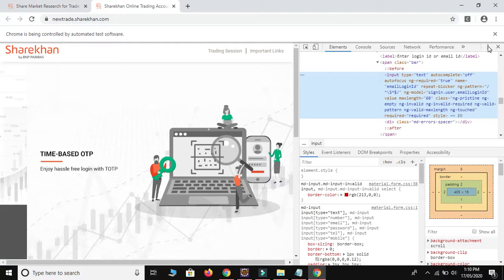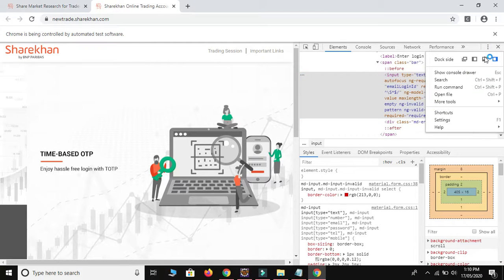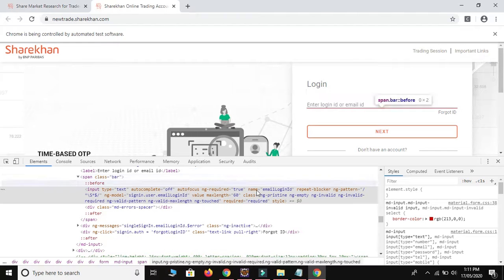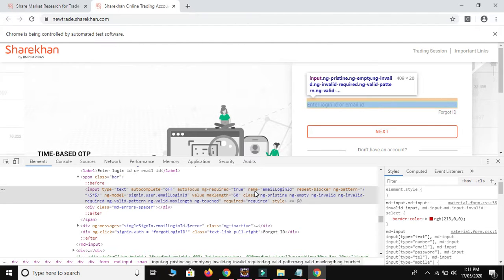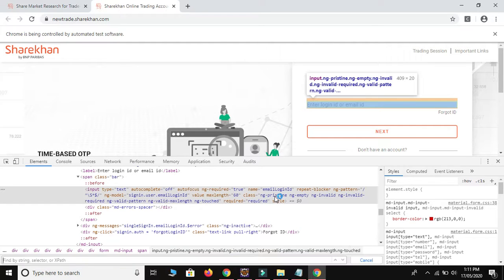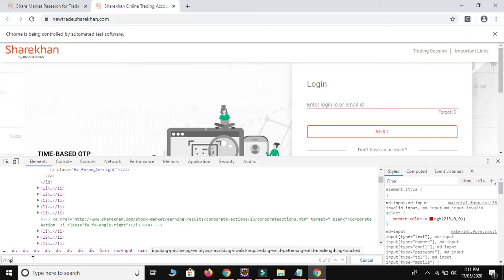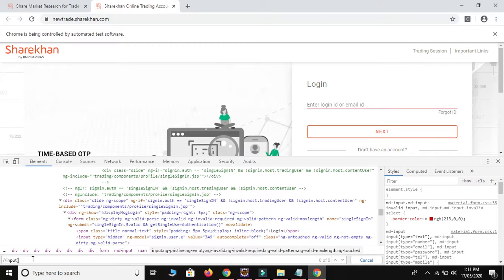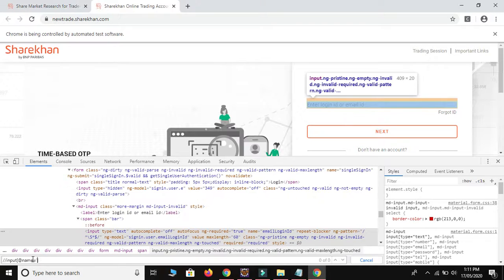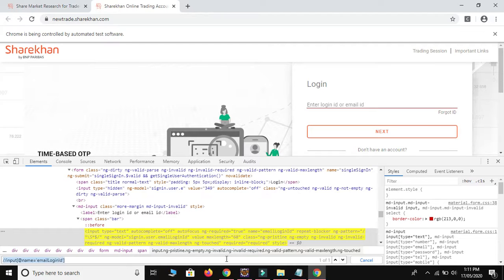So just explore in a proper way. So this is the text box. It contains ID or not, type, name. Okay, no ID. Okay, no problem. Control F. It comes inside the input tag. I will use this name attribute. So I will use // tag name is input. Inside the square braces @name is equal to, I will provide the name 1 of 1. I am able to find the unique element.